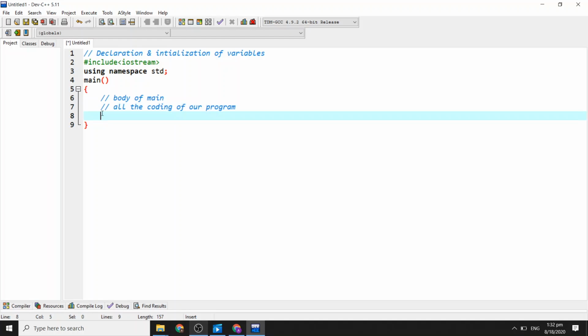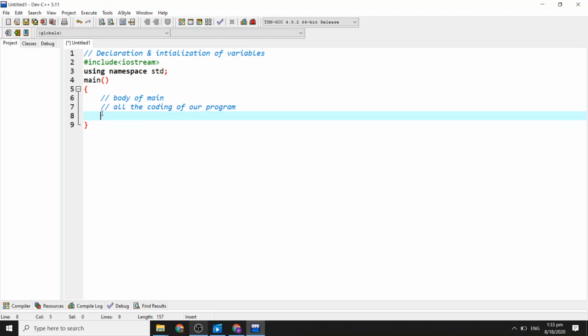The first thing when you have started writing code is the variable declaration, that you are going to declare what type of variable. For variable declaration, we use the data type and then the name of the variable. Only those variables that we have declared in our program we can use.